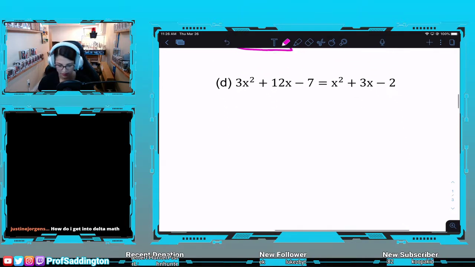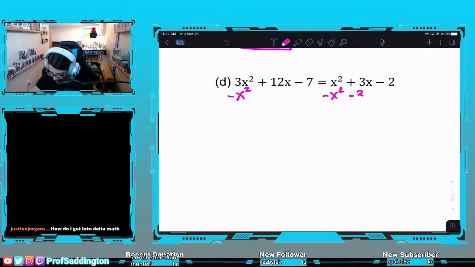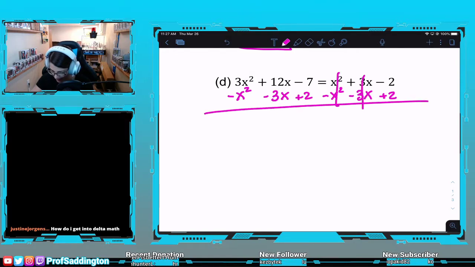All right. Let's do another example. I'm going to skip example C and scooch over to D. So in this case, we are not set equal to 0 yet. And I always want to try and keep my leading term with that x squared positive. So I'm going to subtract x squared from each side to keep it positive. I'm going to subtract the 3x from each side. And then I'm going to add 2. So this side all cancels out. But then I'm left with 2x squared plus 9x